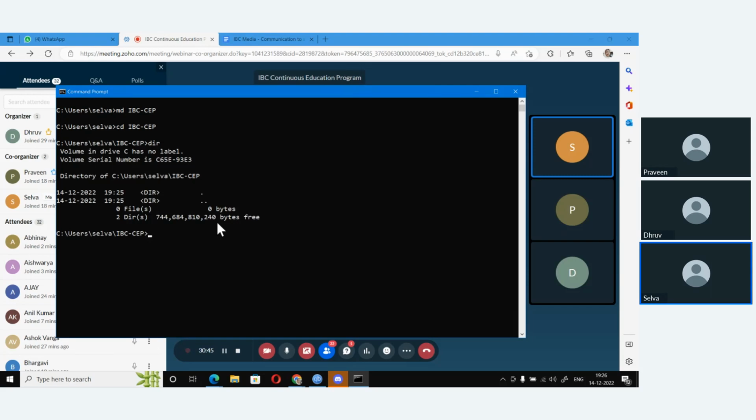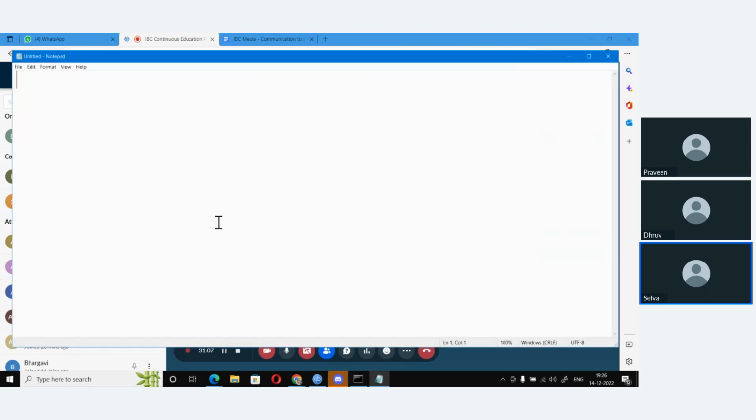Now I want to create a simple Rust file, and you don't need an entire IDE. You can simply use Notepad also to do that. So I'm just going to open up Notepad. I know this is the worst tool to be using, but for us it's good enough.